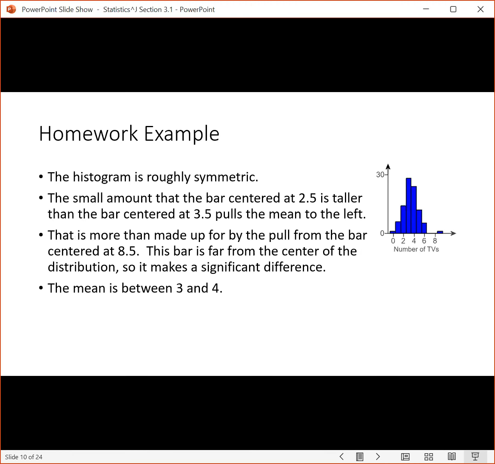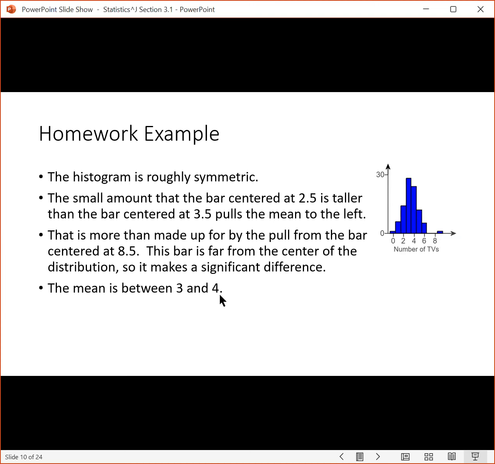All right, and so here I typed up all that stuff. The bar centered at 2.5, that's the tall one, is taller than the bar centered at 3.5, that's the one next to it. It's going to pull the mean to the left. And then that's more than made up for by the bar that's way over here off to the right, centered at 8.5. And so in the end, we're going to end up getting that the mean is between 3